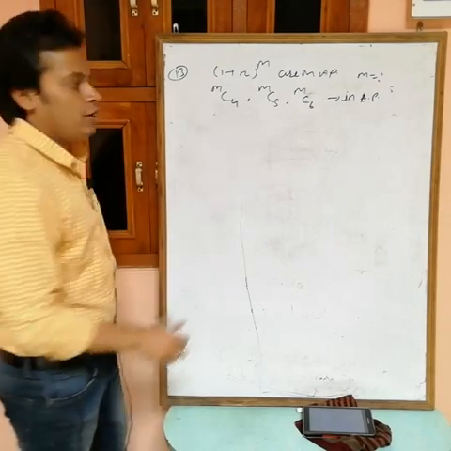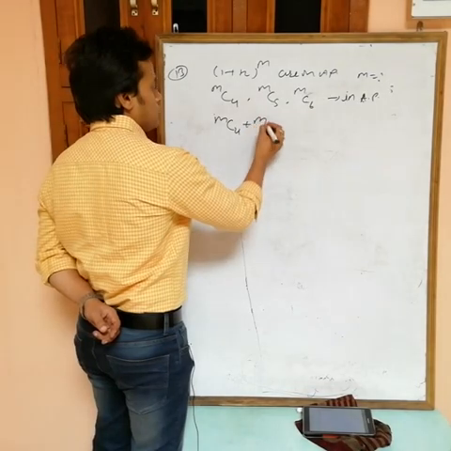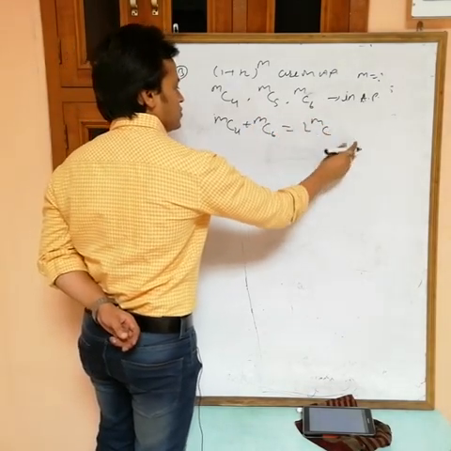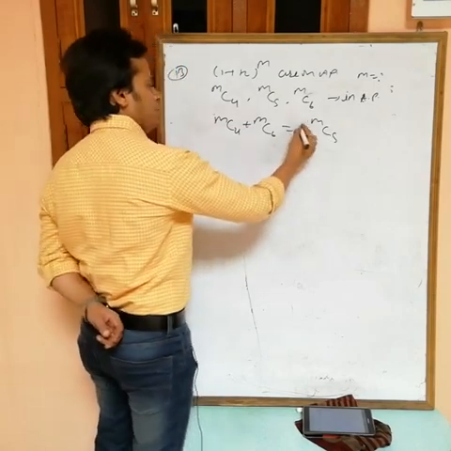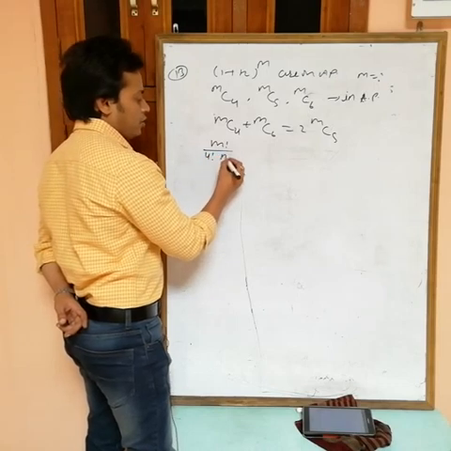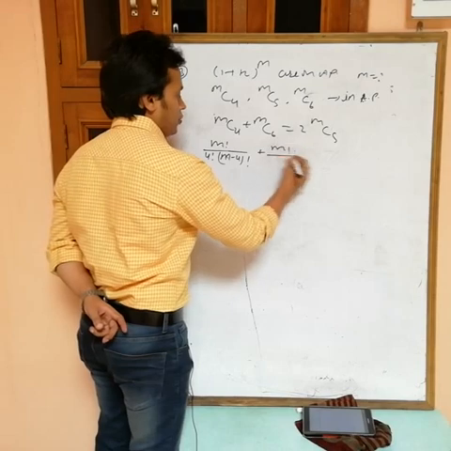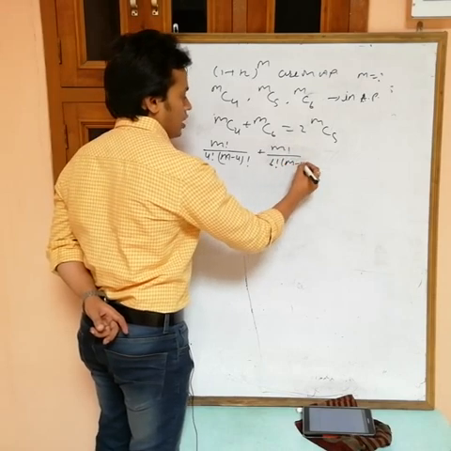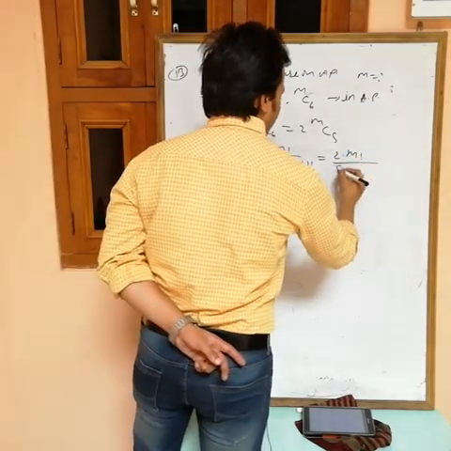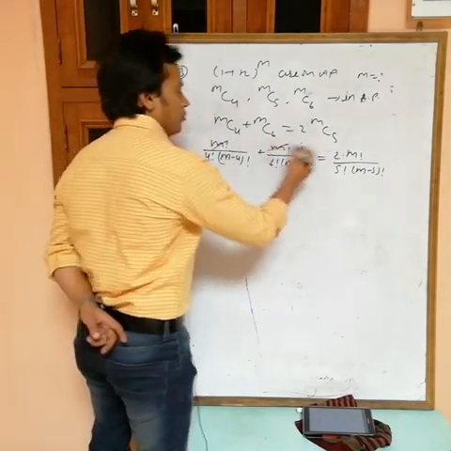So if these are in AP, then A plus C is equal to 2B. It means mC4 plus mC6 is equal to twice of mC5. If you solve this one, easily you will get the value. Okay, now I am solving. See, m factorial by 4 factorial (m minus 4) factorial, plus m factorial by 6 factorial (m minus 6) factorial, equals 2 into m factorial by 5 factorial (m minus 5) factorial. m factorial will be cancelled out.